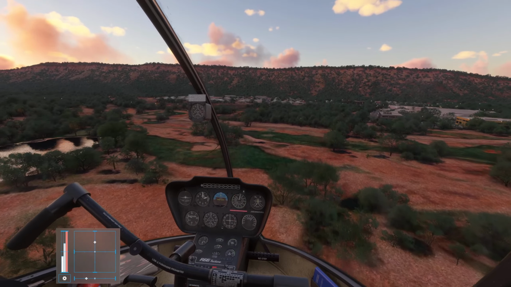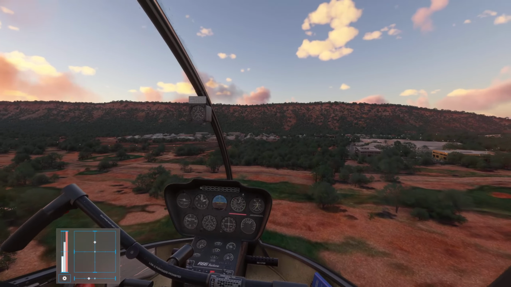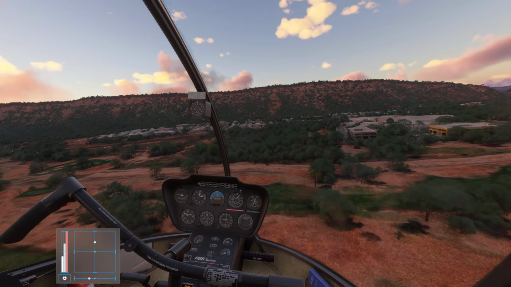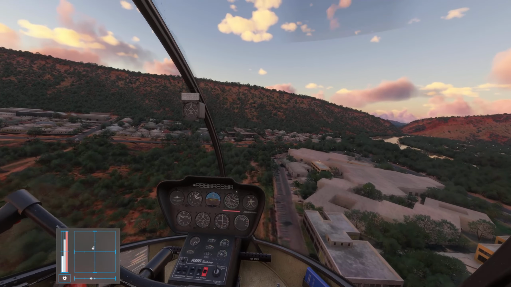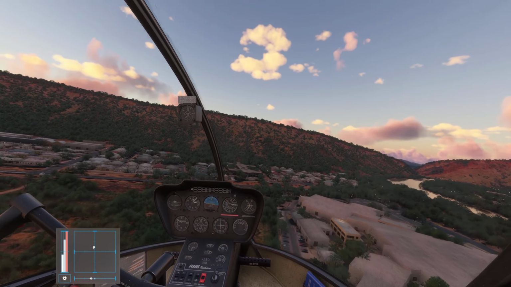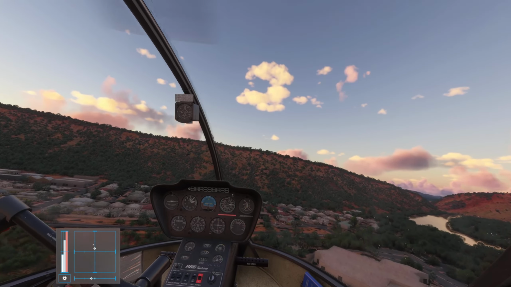Alright, so also there's a button. It's very sensitive as well, to be honest. Alright, let's set our trim a little bit out, and let's have a look at Alice Springs,